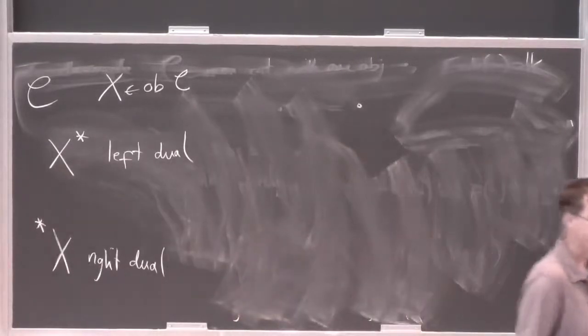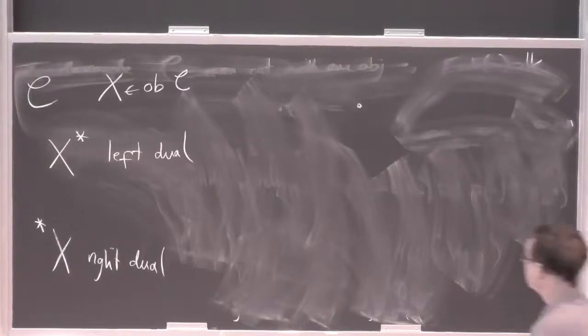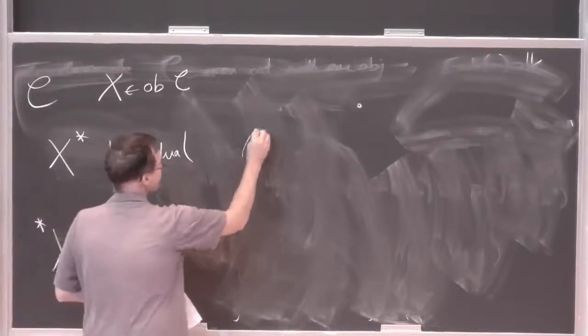Well, hang on, let's think about vector spaces. Most of us, well maybe with some group theorists in the room who might write functions on the right, but if you write functions on the left, I'm at that boundary between two generations. I was taught to write things on the right, but I rebelled and I write everything on the left. So let's say we write functions on the left. Then the dual of a vector space is the space of f of v. A left dual is a new object together